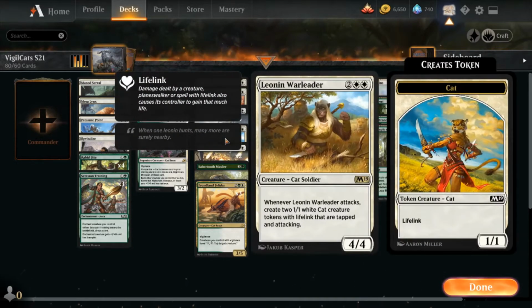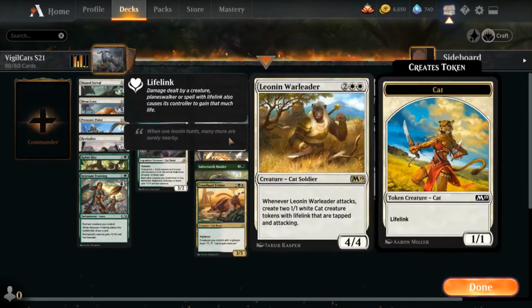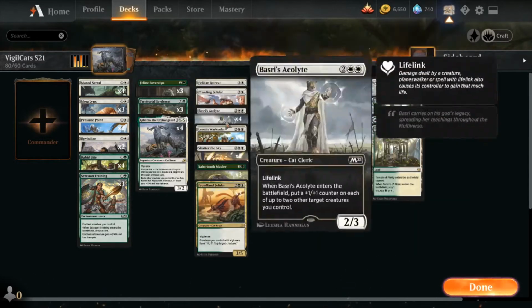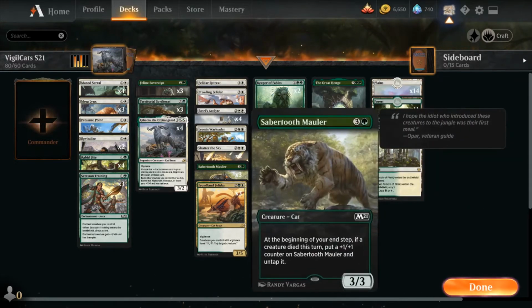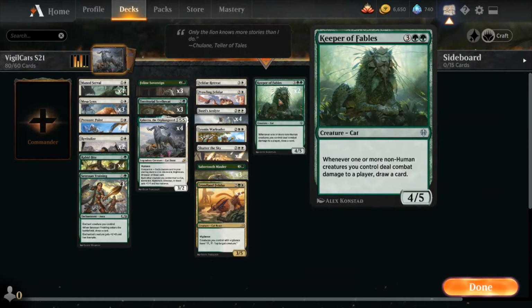Same thing with Leaping Warrior. For whatever reason, it's legal in Arena Standard because it's an Arena special card, even though it hasn't been reprinted in paper in current standard, but more life gain from that. And again, if you've got Kahira or Feline Sovereign out, with Leaping Warrior, you've got 2/2 lifelinkers appearing. General control with Shadow the Sky. Sabertooth Mauler is nice again, just to buff itself up as other things die. Keeper of Fables,